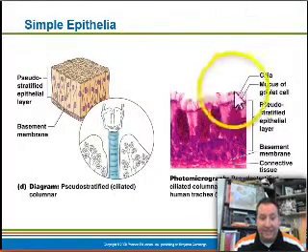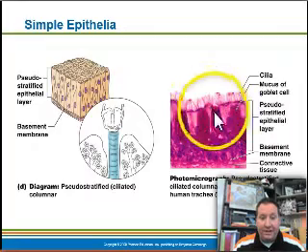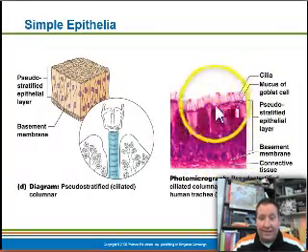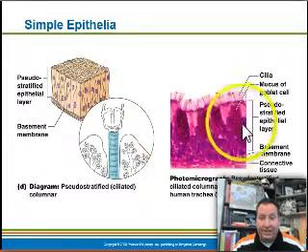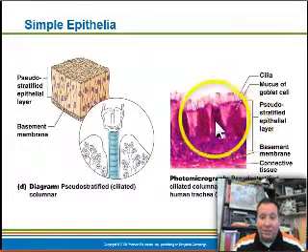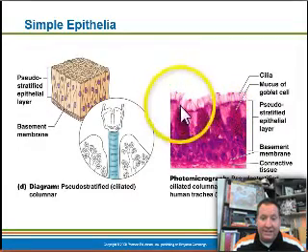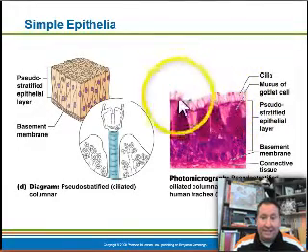This is a prime example right here. This is pseudostratified ciliated columnar cells, and this is in your trachea, your respiratory passageway. This has goblet cells that are with it that are here. They're going to produce this mucus. This mucus is going to line the surface of these cells, and then these cilia are basically going to trap